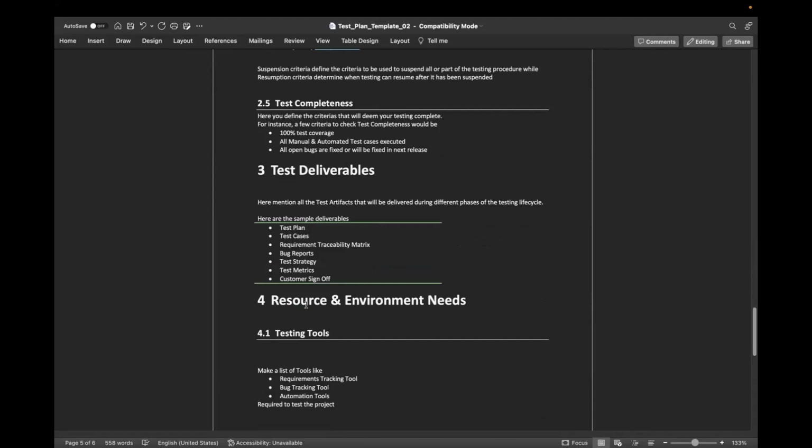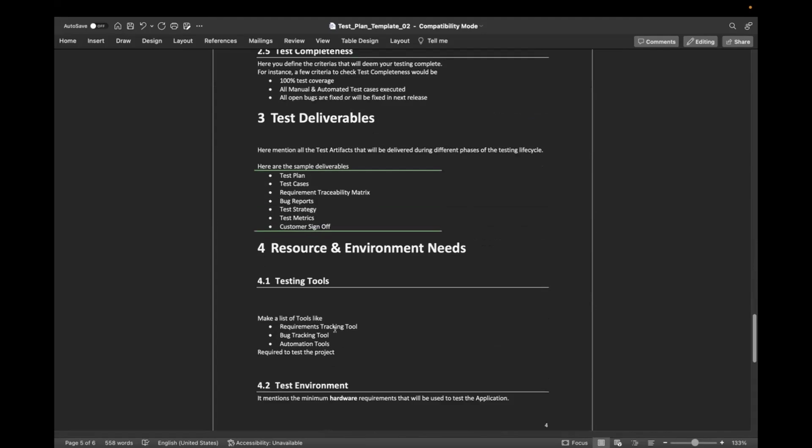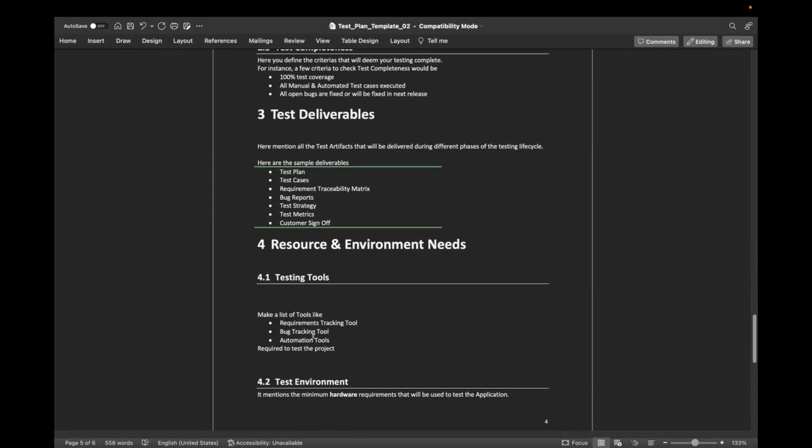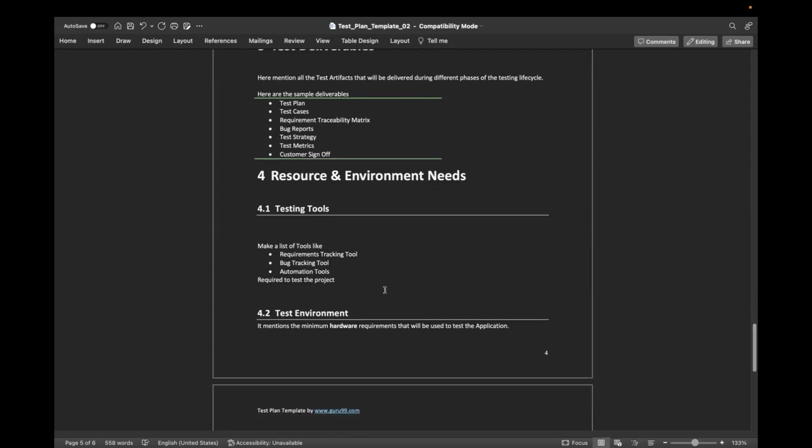You also have to mention your resource and environment needs. You need to make a list of the tools that you'll be using. You can also add images for these tools, like the logos. You can also add diagrams to your test plan to make it a little more lively.